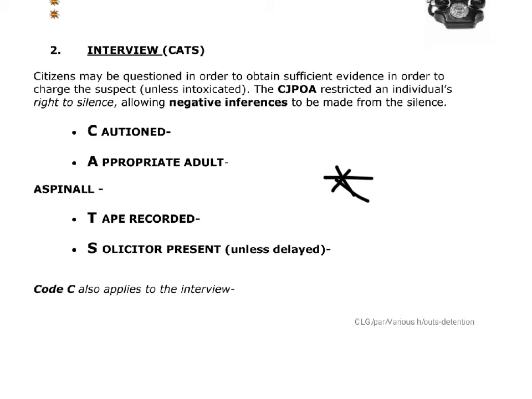At the bottom of the page then, Code C also applies to the interview. So whilst you're interviewed, there are guidelines in terms of what should be followed. First of all, you just need a few examples really. Your interview room needs to be well lit, it needs to be well ventilated, you need to have breaks, you need to have refreshments when you need them, i.e. you need to get a drink or something. You can't be stood up all the time, you need to be able to be sat down. So there are set guidelines in terms of what needs to occur whilst you're interviewed.